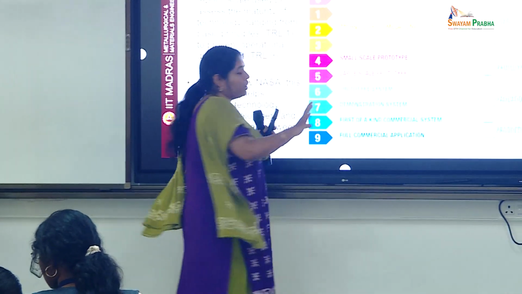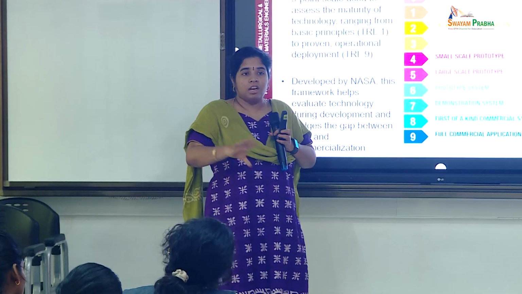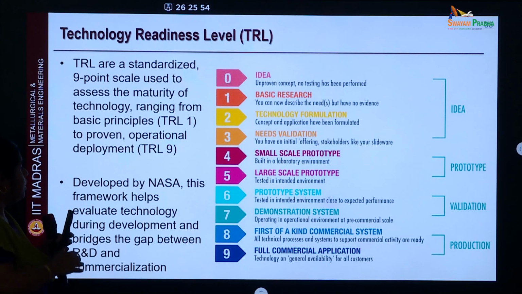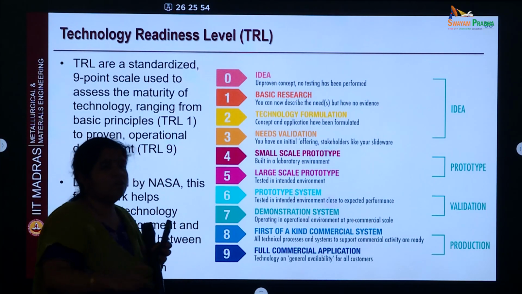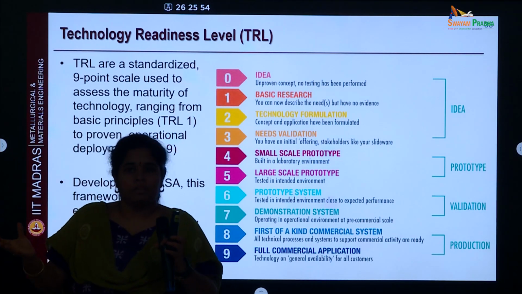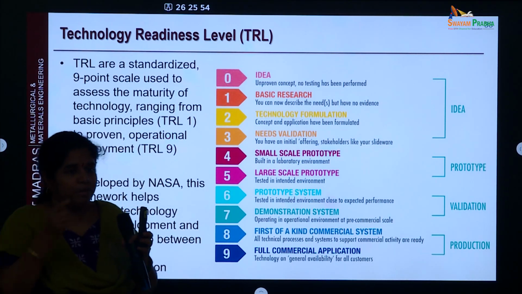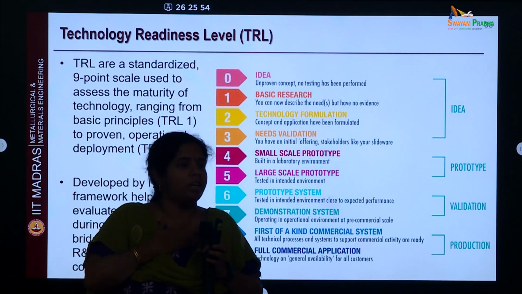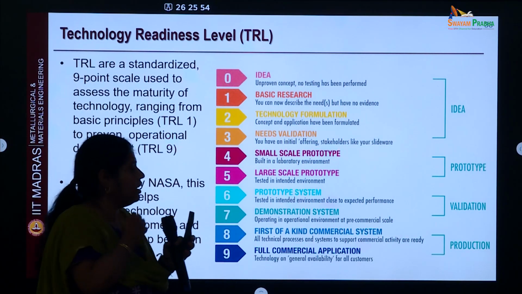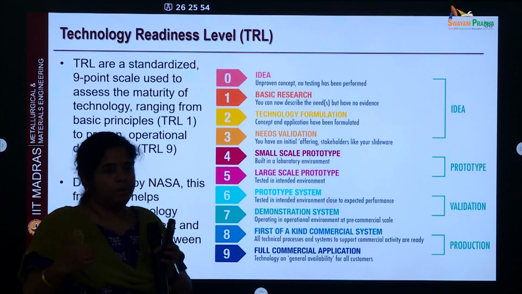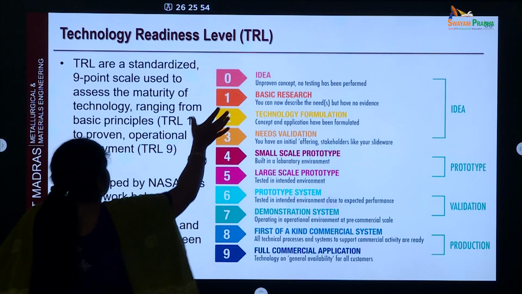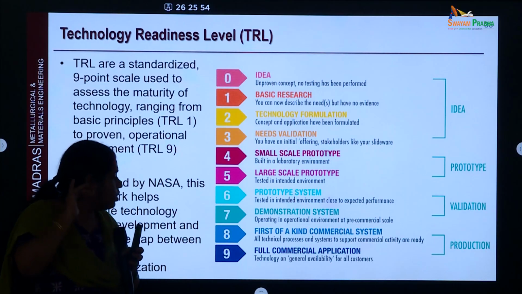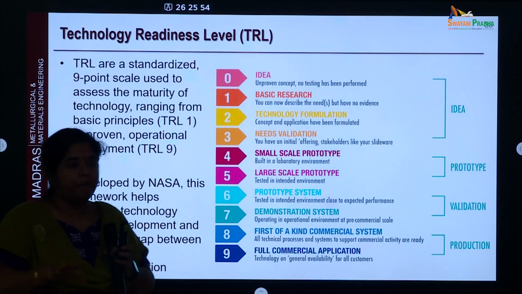Then a small-scale prototype. So here is where you start. That is the pilot scale, a small prototype. Then a large-scale prototype, that is the real component prototype, right? And then you test it, demonstrate it, and go to a company showing, you know what, I have developed this. But you should patent it, otherwise the company will scoop it. So you patent it and go to companies: I have patented this, this is my technology. And after that, if the company buys, it goes for full commercial application. So all this comes under these different stages of TRL, from TRL 0 being the idea formulation to TRL 9, which is full commercial application.